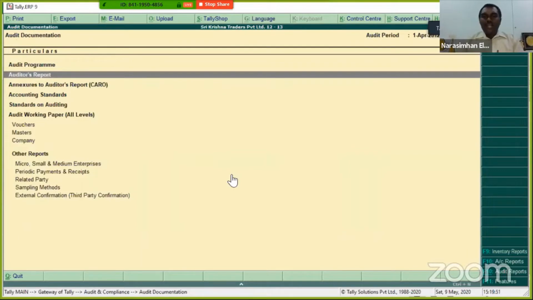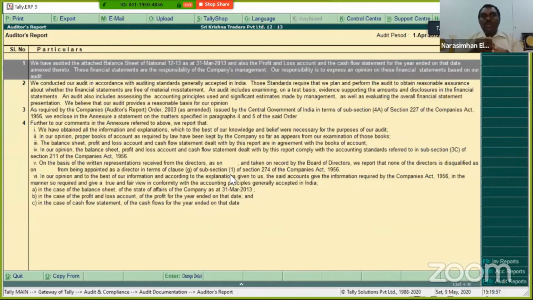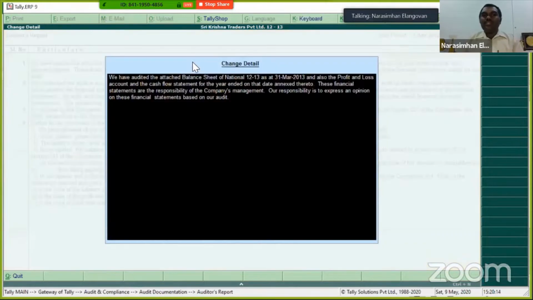Second, many a times we spend time and keep preparing an audit report in Word format. We should know that the audit report is already available within Tally itself, inbuilt. Now, all that you need to do, my dear friends, is basically configure this. Of course, they've configured this with the 1956 Act. You need to update it. This is a default feature which you have. Just go click here. You can go and make the modification.